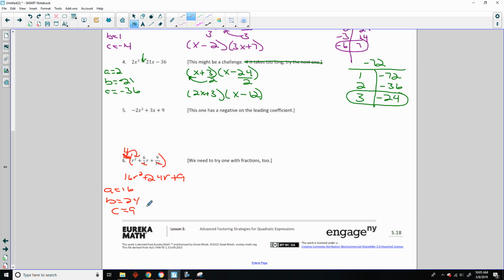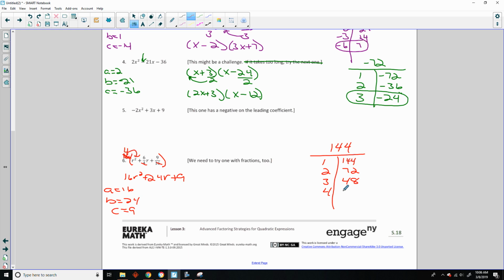Okay, so factors of A times C. 16 times 9 is 160 minus 16, 144. So I'm looking for factors of 144 that add up to 24. Well, it should jump right at you automatically, but I'm going to do this anyway. It's 1 times 144. Or it could be 2 times 72. Or it could be 3 times 48. Or it could be 4 times